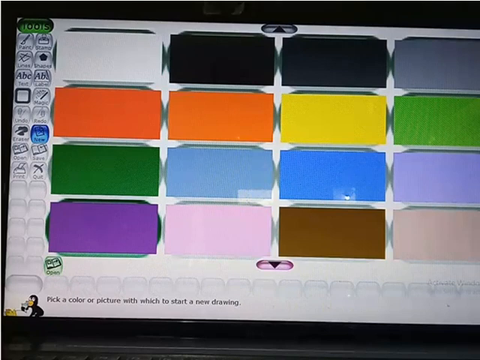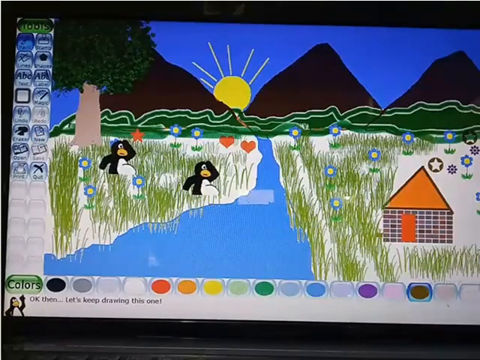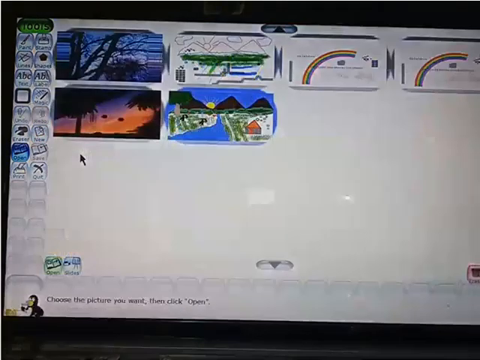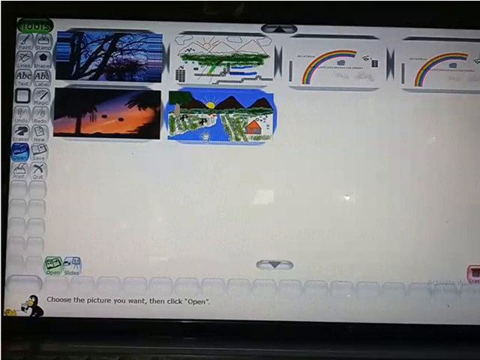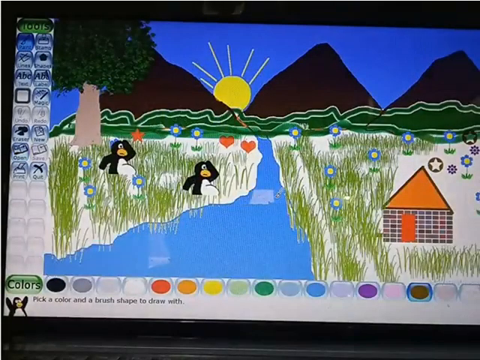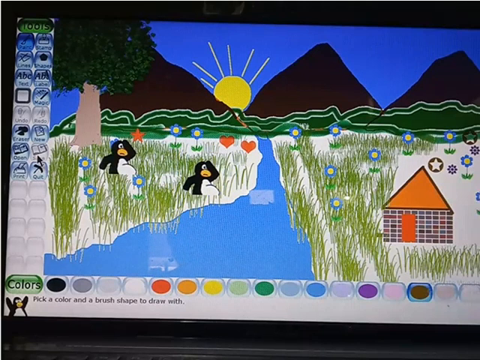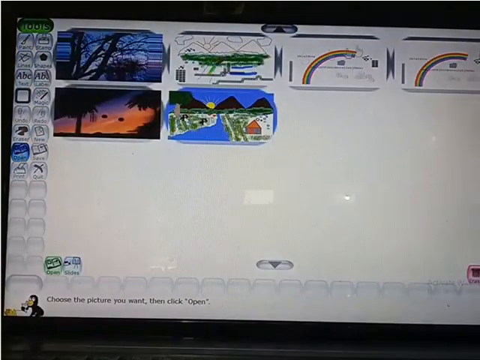Then go back, this side back, this is open. You have to click on open. When you click on open, it will come here. See, this is the picture which I have drawn. You have to click here and click on open if you want to open this, okay. So keep in mind, save is very necessary. After drawing the figure, you have to save by clicking here. Then you can open it if you want to open the drawn figures, okay.